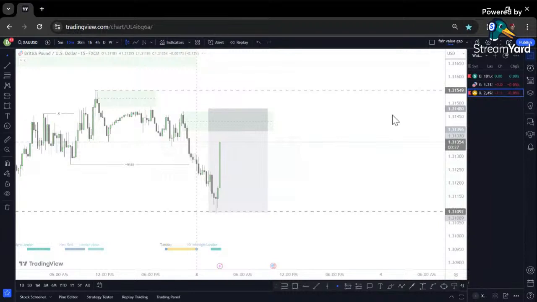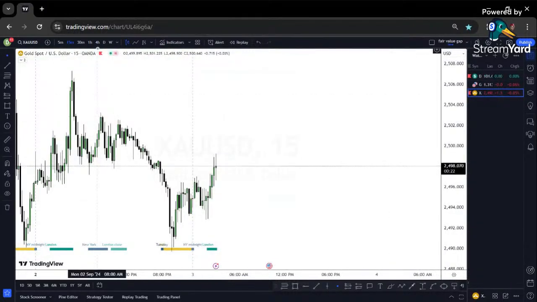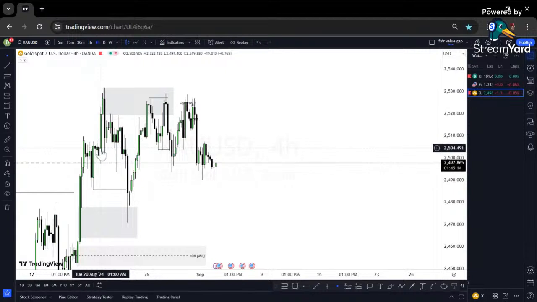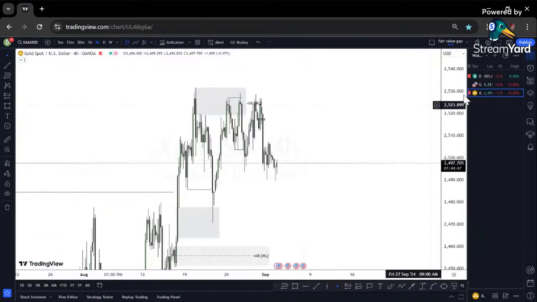Let's see gold. Gold has been in a little bit of a range for the past couple of days, from the 20th of August. It broke structure on the 22nd. Then it has refused to come back to this zone, because normally after testing this other block, which is internal range, it is supposed to come into this zone. Then we take out this zone. Why? Because